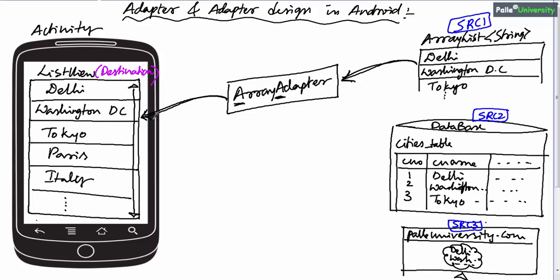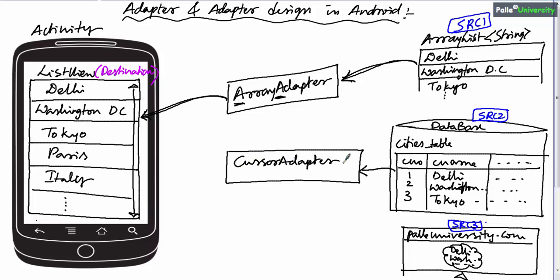Similarly, if data is coming from a database table, there is one more predefined class given by the Android framework. That class name is CursorAdapter. Database data will come to the CursorAdapter and the CursorAdapter will give data to the list view.